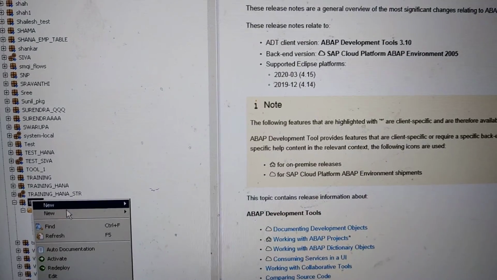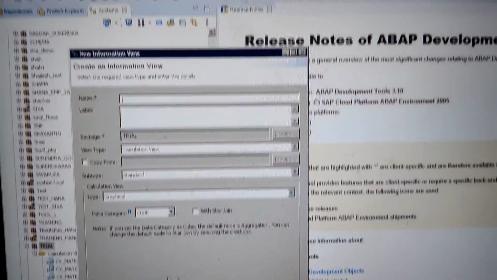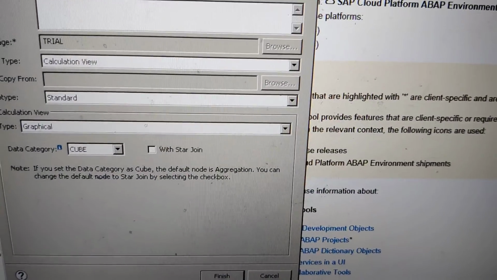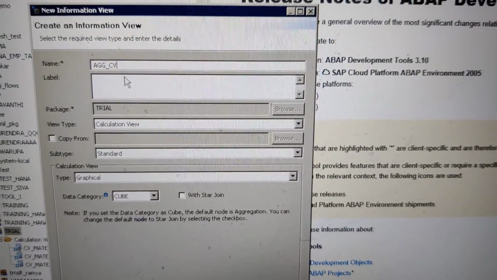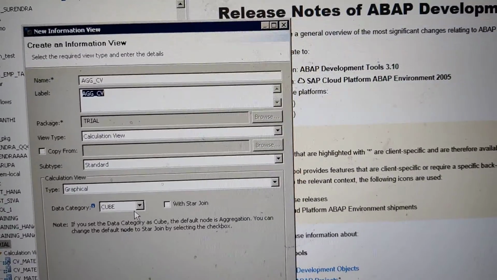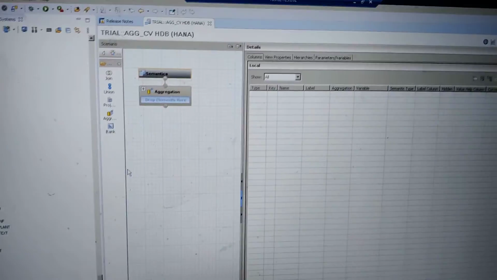New calculation view. Here I'm giving a GGCV. Okay, now here it is cube only. I'm not changing it to dimension. Finish. Now this is what you get, right?